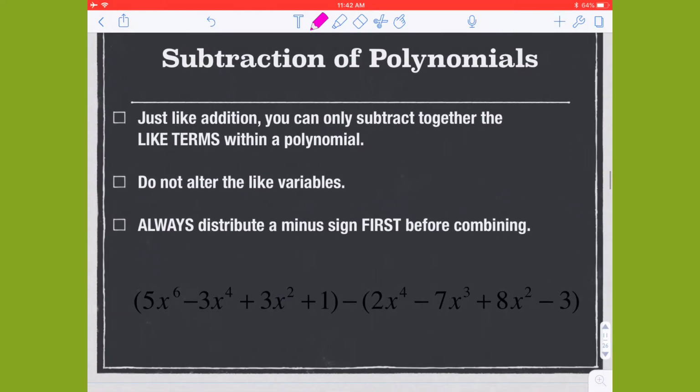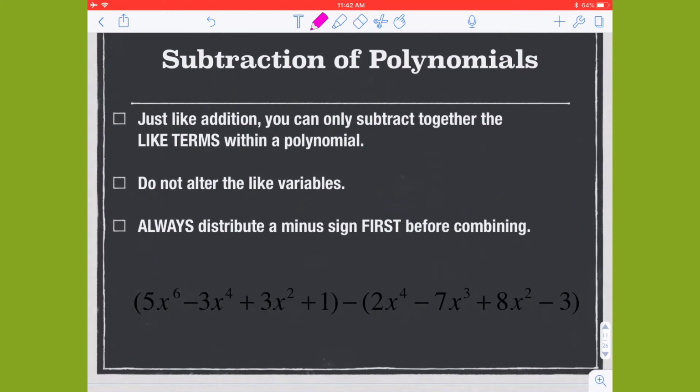Subtraction of polynomials works exactly the same way. The only thing that you have to remember is that you need to distribute that negative sign to every single term within the polynomial. So I generally encourage people to rewrite the polynomial. It's easier to do that than to try to do this in your head. If you try to do it in your head, it's very common for people to make careless mistakes, so I don't encourage that. So I'm going ahead and changing all of my different signs,